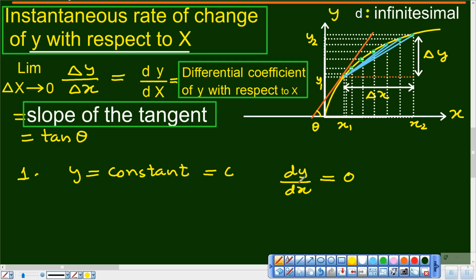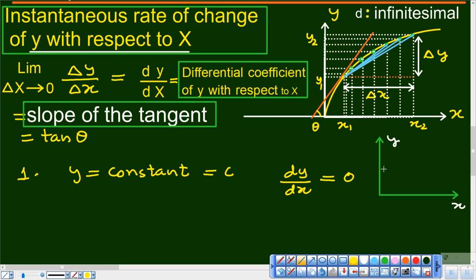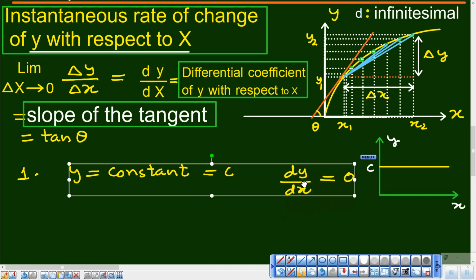It is convenient to understand: if it is constant, then it would be a horizontal graph. Could you understand this? If I make a small graph over here, this is my x, this is my y, and the graph will look something like this. So can you see that if my y remains constant at c, the tangent to this curve would always be horizontal, and that is why it makes angle 0 with the x-axis, and that is why dy by dx is equal to 0 for it. But we'll not go into the details of these formulas, because that is a task which is normally done in maths.